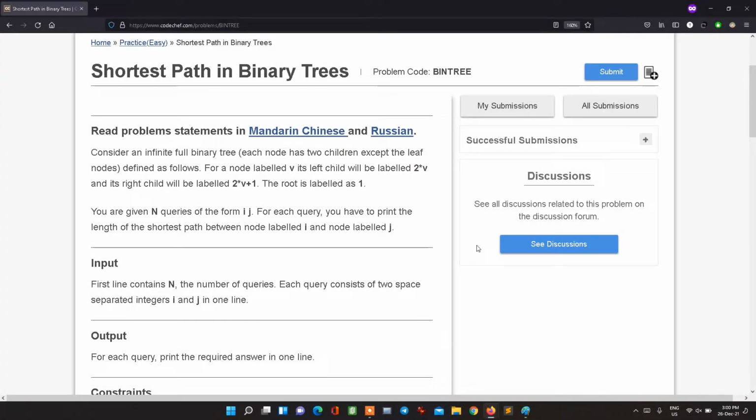In the last video we learned about the basics of trees and we looked into some of the operations which we are able to perform on binary trees, like in-order traversal, pre-order traversal and post-order traversal. So in this video we'll be looking into a small problem on binary trees, and it's a very easy problem